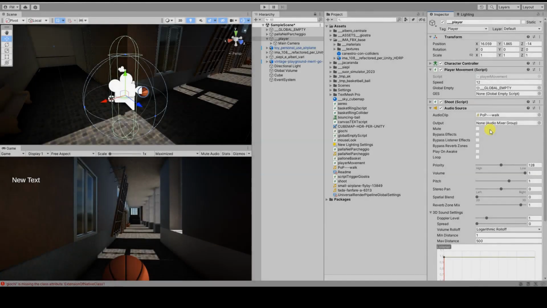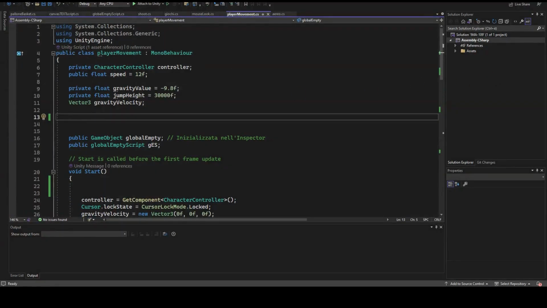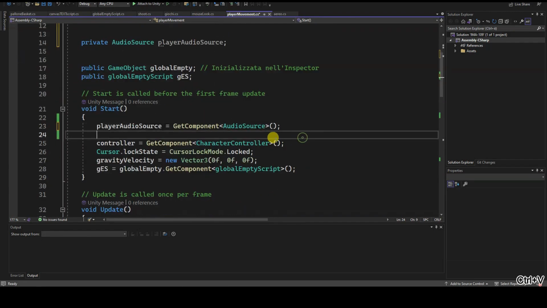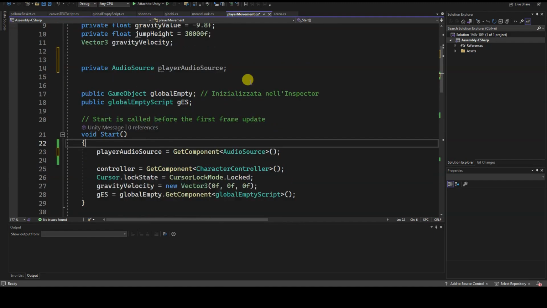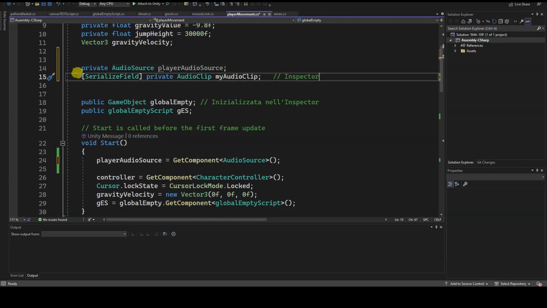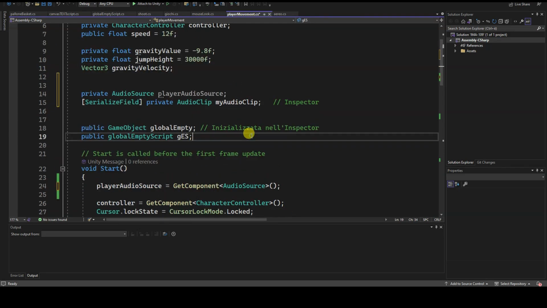Hello everyone. In this tutorial, I will show you how to play an audio file in Unity and, more importantly, how I resolved an issue related to overlapping audio playback from an audio source. Before we proceed, please note that the solution presented in the video is just the one I adopted for this problem, but there are likely other and potentially better solutions out there, so don't take the information provided here as the definitive approach.